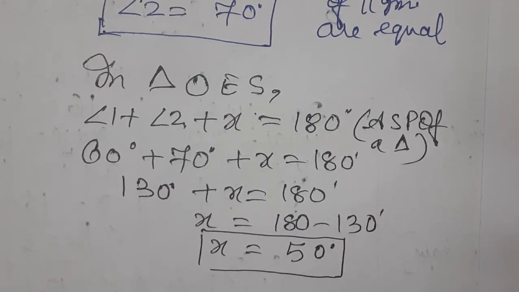Understood, children? In a joint figure, if you know the property of parallelogram, you can do it easily. It is all based on properties of parallelogram only. One property is based on sides, one property based on angles, one property based on diagonals, and one property based on adjacent angles, supplementary. I hope, children, you understood everything in today's session.